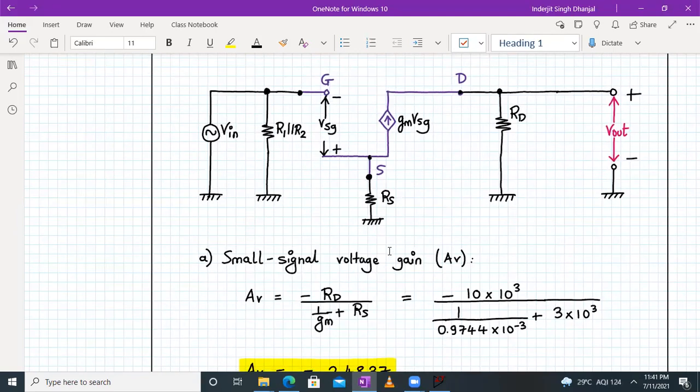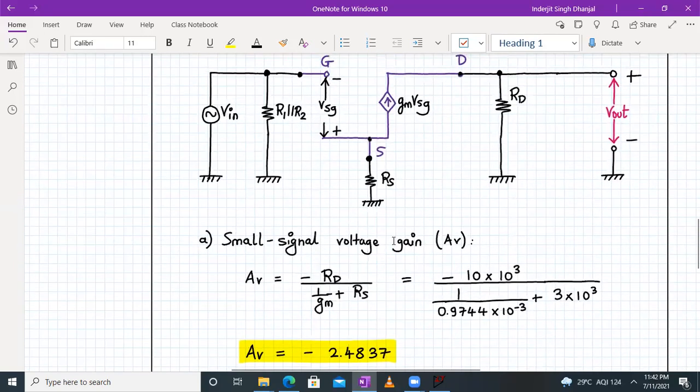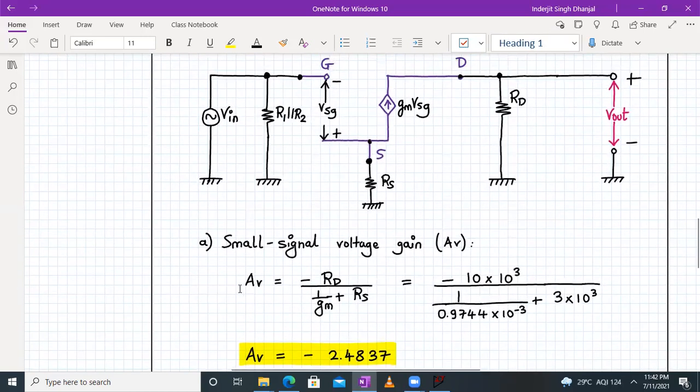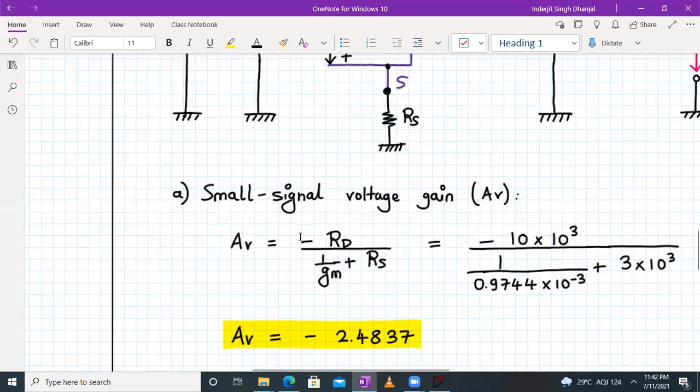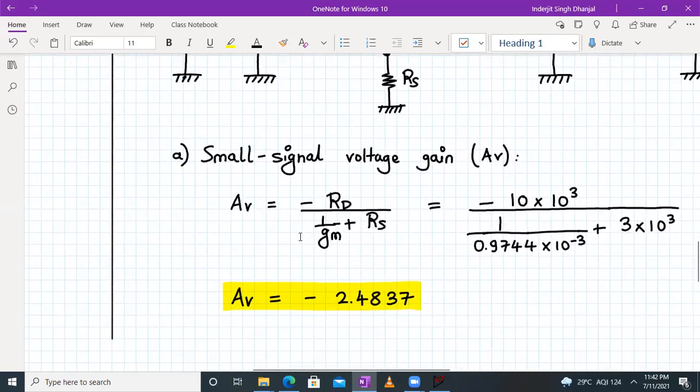So this is a degenerated common source amplifier using PMOS transistor. So the formula for the small signal voltage gain will remain the same. You can check out a video on the degenerated common source amplifier derivations. In that we have used NMOS transistor. Only difference is here we are using PMOS transistor, but the formula will remain the same. So the gain formula will be, we are not deriving it, we are directly writing it over here. For derivation, you can check that video.